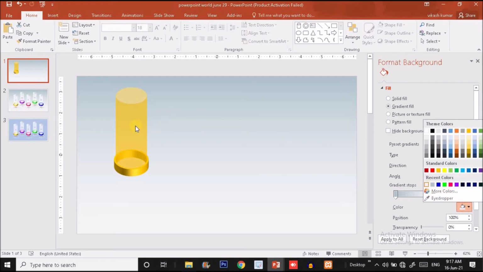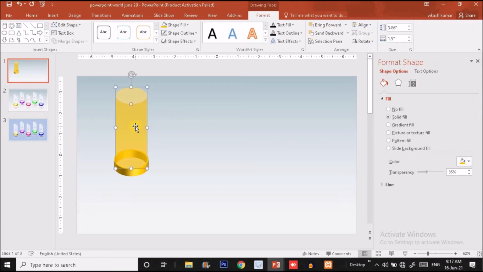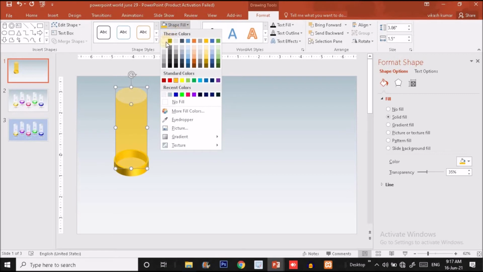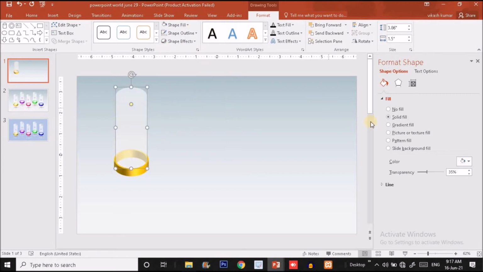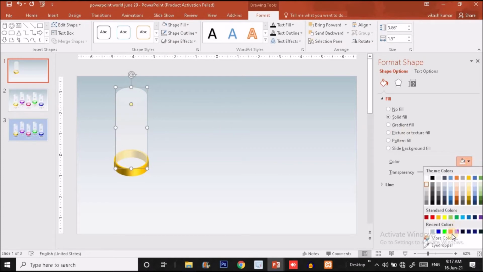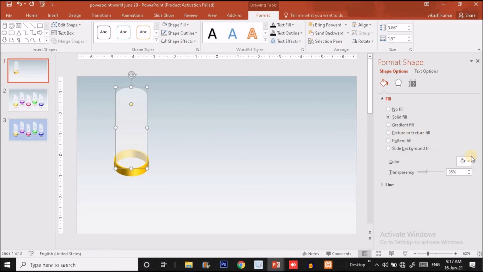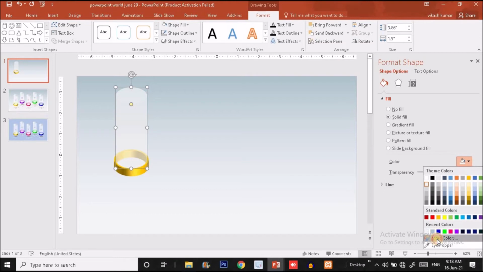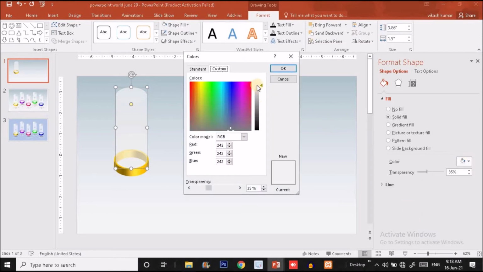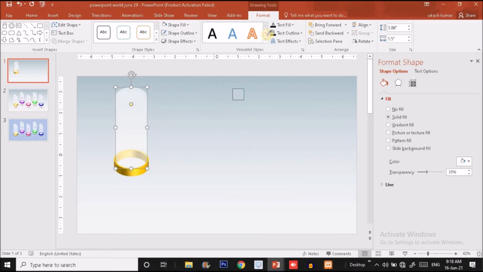Okay, so now I will provide the color fill to this shape. So I'm going to fill it with, let's say, this color. Okay, or maybe some lighter color, guys. Choose more color option over here, and I'm going to choose some lighter white color for this. Yes.